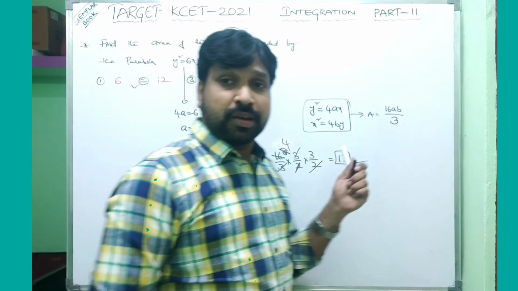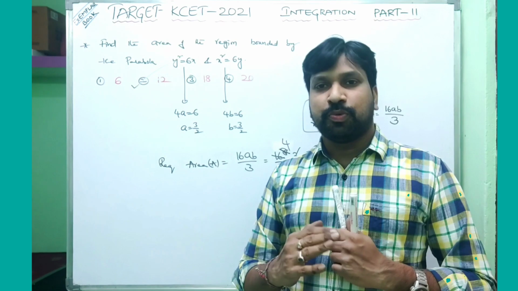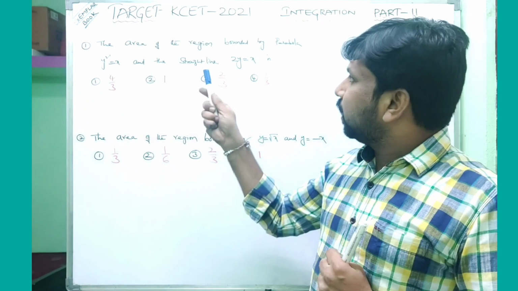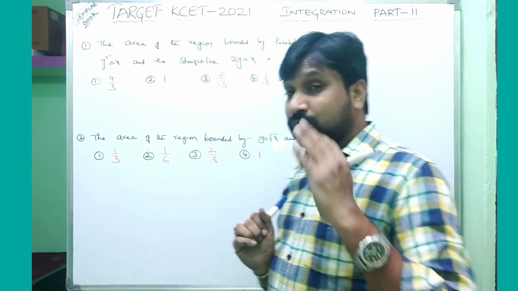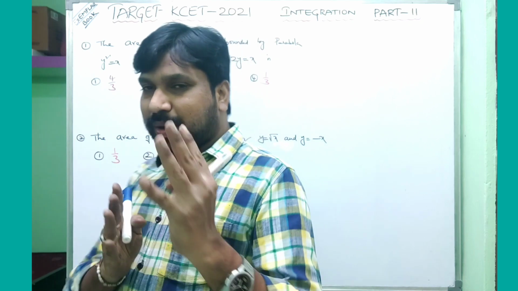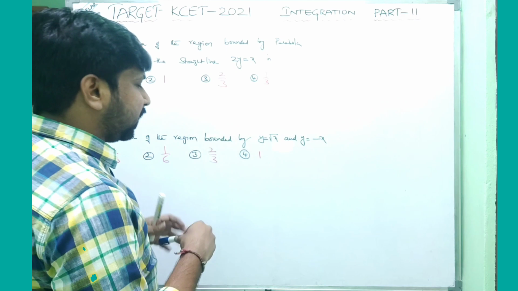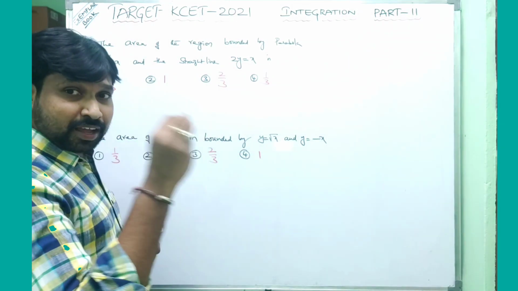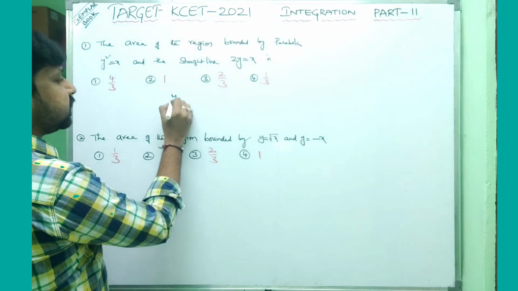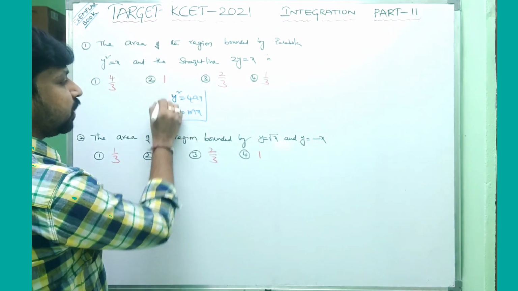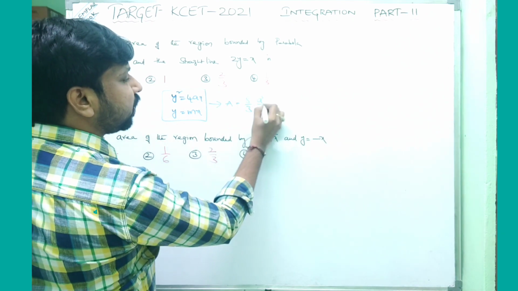So without constructing the diagrams, you can also do the sums very easily by known results. Let's move to the next model. Now friends, the area of the region bounded by the parabola y square equal to x and the straight line 2y equal to x. So parabola and line combination. Parabola and line combination means you have a shortcut. Just to remind the shortcut, it is very easy to apply here without finding the diagram or integration also. So what is the curve equation? Y square equal to 4ax shape is given and y equal to mx line is given. So the required area A is equal to 8 by 3 into a square by m cube.